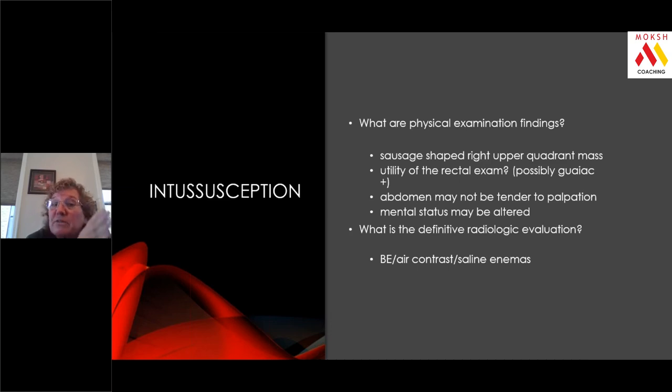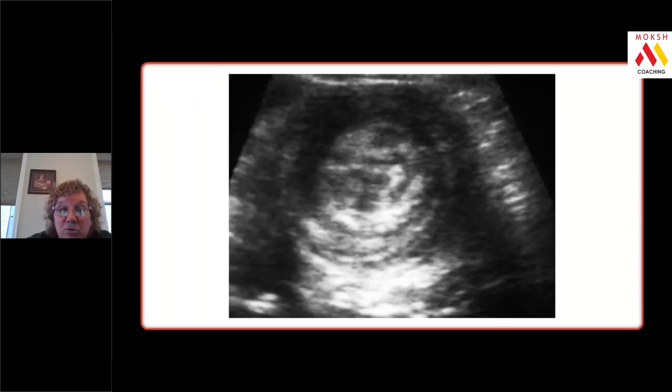And then if the ultrasound is positive, the child still has to go get the enema of whatever kind. If they give you a choice, they won't give you a choice because it's too controversial. You can do air contrast enema, saline enema, or barium enema, and you will find that is institution specific, so it will not be on your exam, but you need to know that enema is the diagnostic and the therapeutic